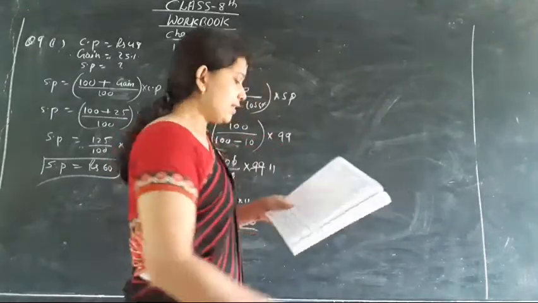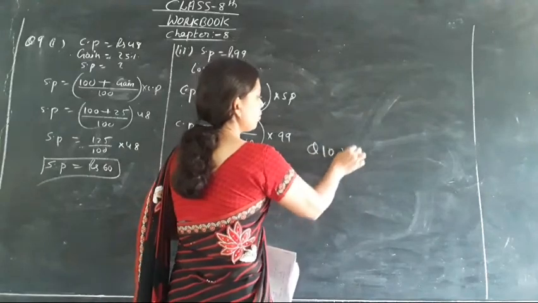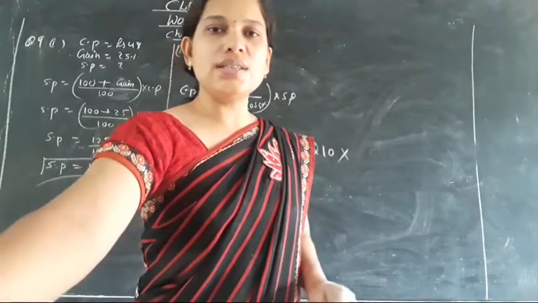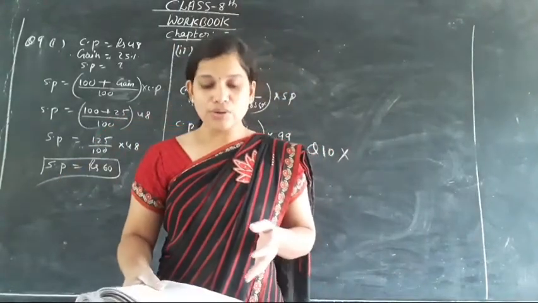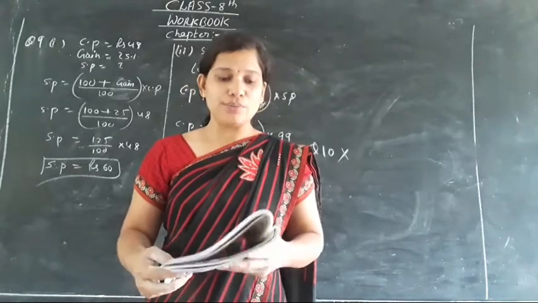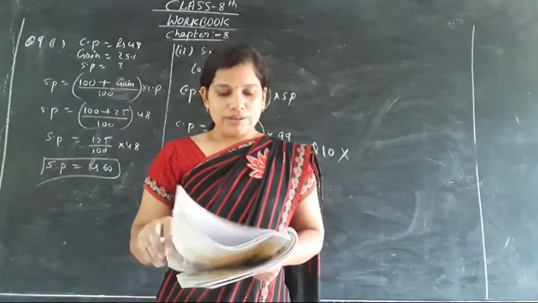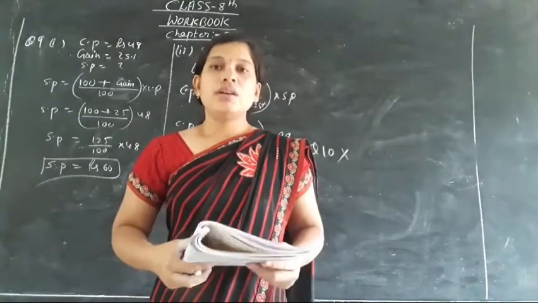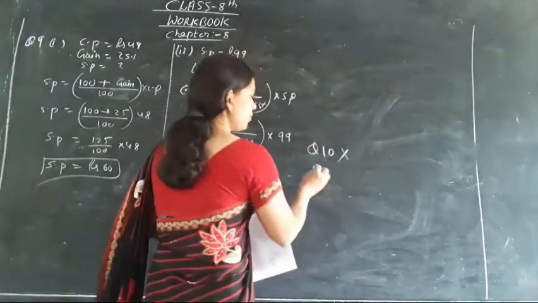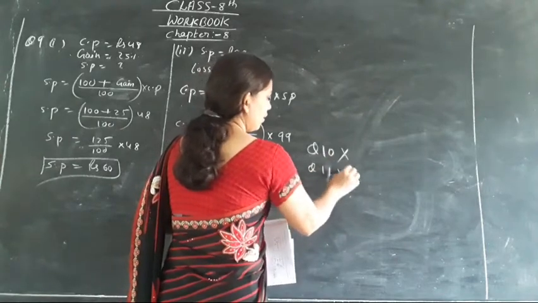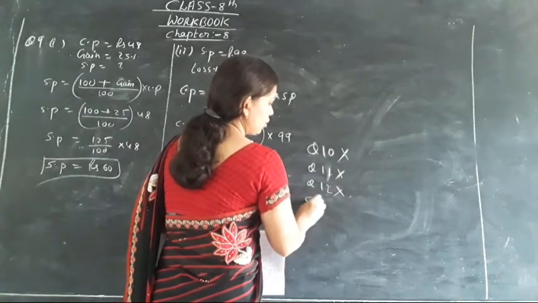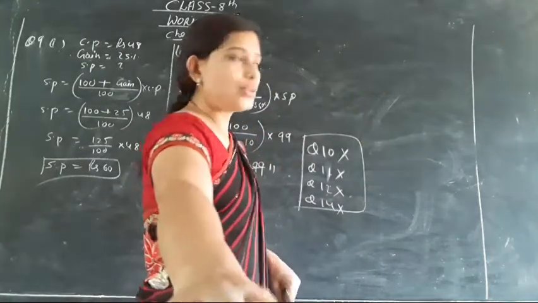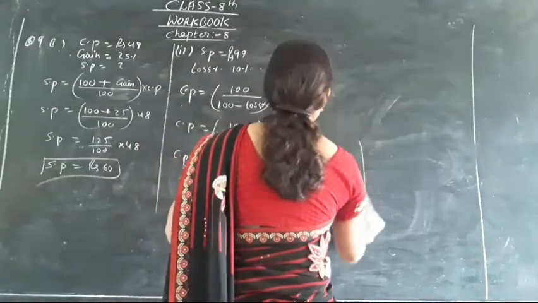Now question number 10, we are not going to do, so cross it. As you know that each and every question is very difficult to do in a video. Your video will go lengthy, so cross that question, we are not going to do. Directly come to question number 13. Question number 11, cross it. Question number 12, cross it. Question number 14, cross it. These 4 questions we are not going to do. Directly we are going to do question number 13, the first part.